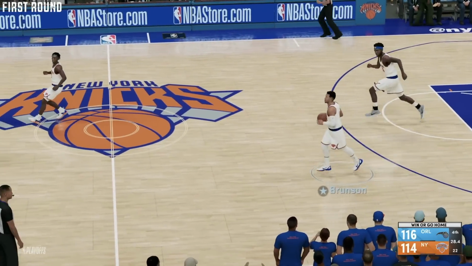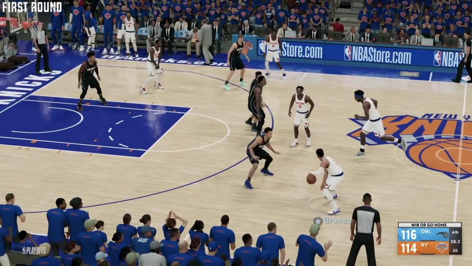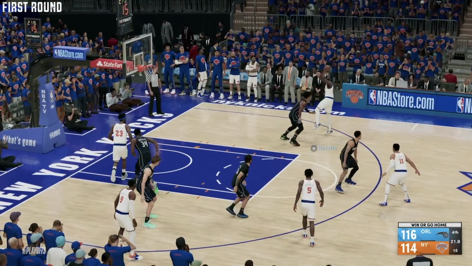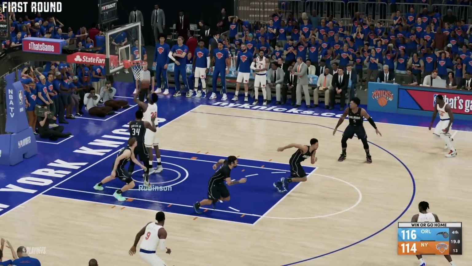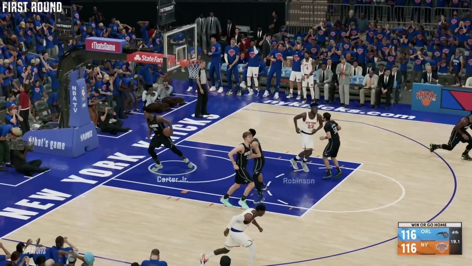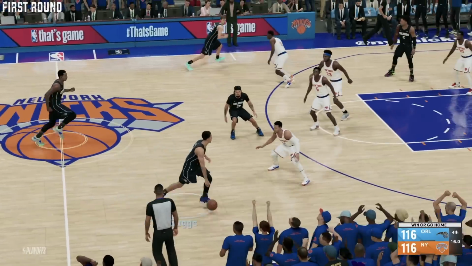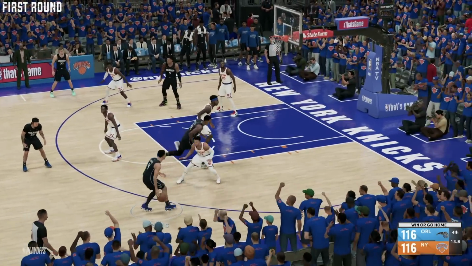And now all of a sudden the Knicks are down by 2, under 30 seconds to go in this winner go home Game 7. Here's Brunson, he goes to Randle. What is he doing? Air ball, but rebound is put in by Mitchell Robinson. I mean, what a pass from Julius Randle. I guess you could call that a pass, because how do you airball in that situation?